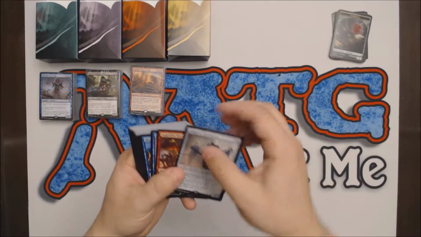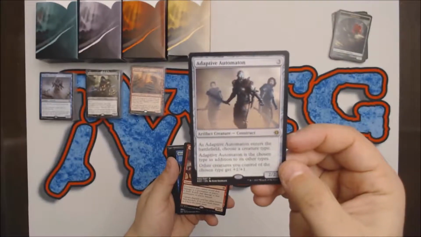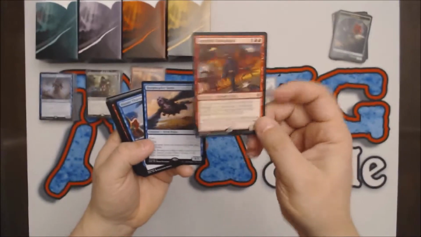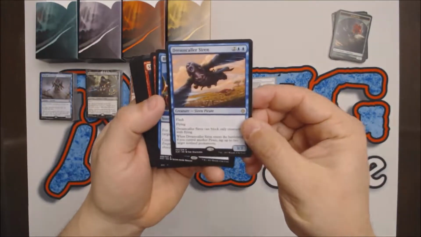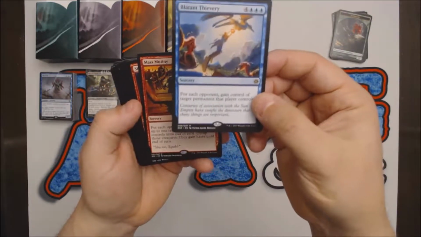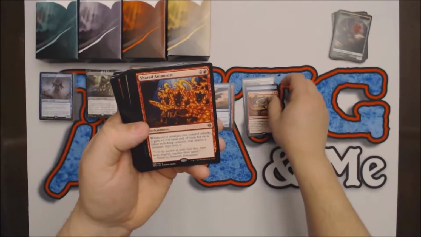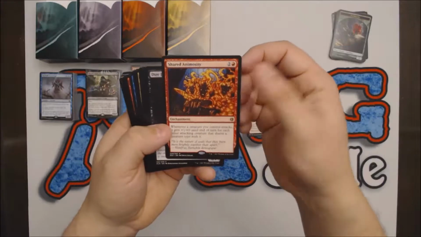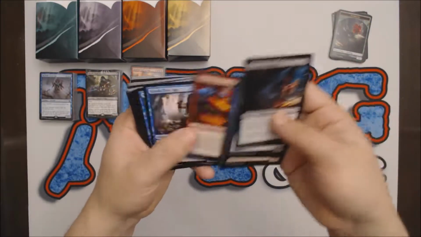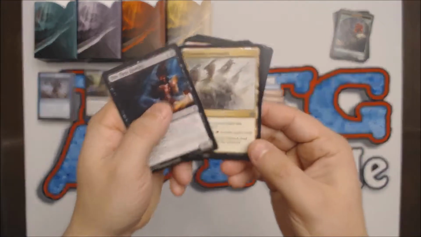Alright, so that's a good include. That's too bad my card's nicked. Got an Adaptive Automaton to start. And then you have pirates. So Angrath's Marauders, Dreamcaller Siren, Blatant Thievery, Mass Mutiny, Shared Animosity, then some Ixalan cards. Alright, so if we take a quick look here at Direfleet Hoarder beside this Crumbling Necropolis,